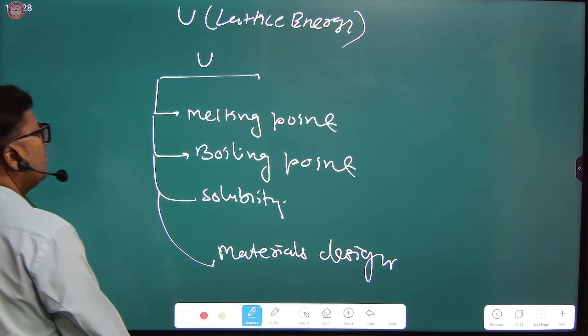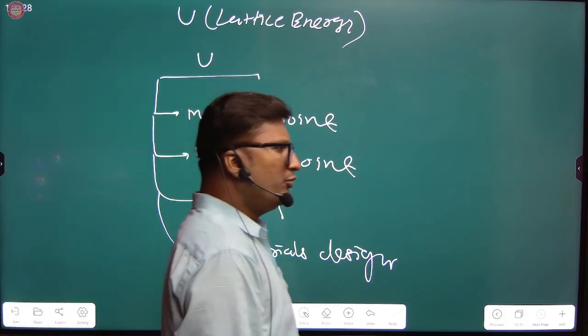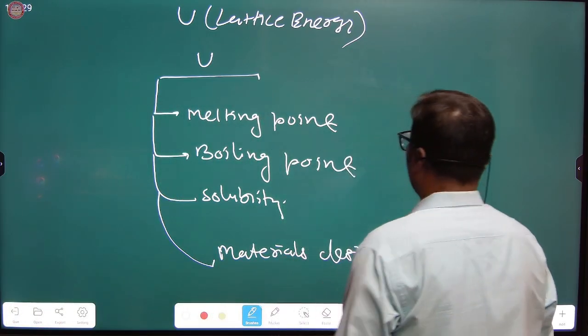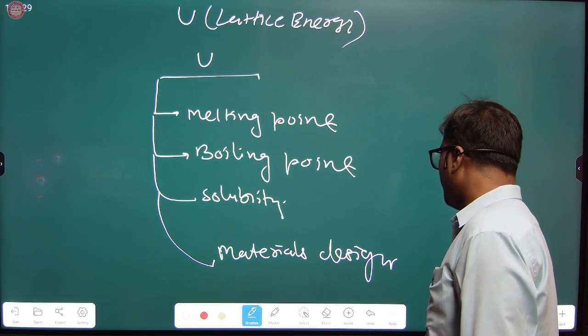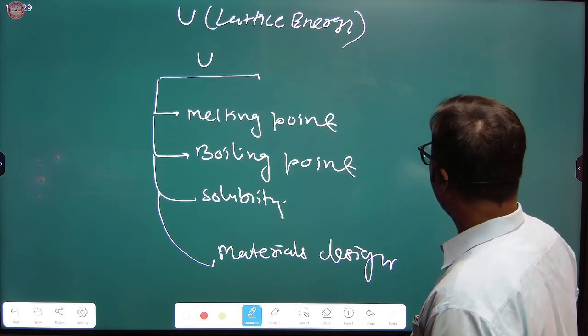So lattice energy is used to explain the melting point, boiling point, solubility, and materials design behavior of ionic